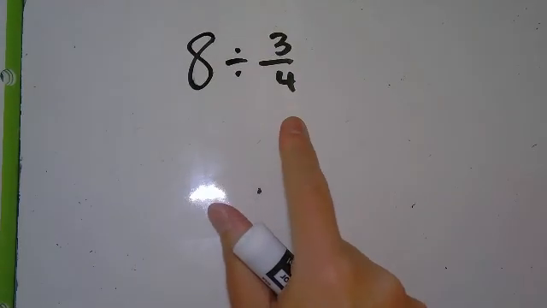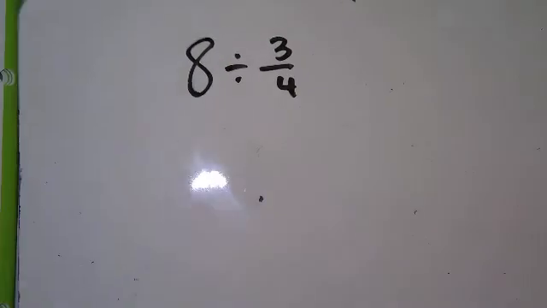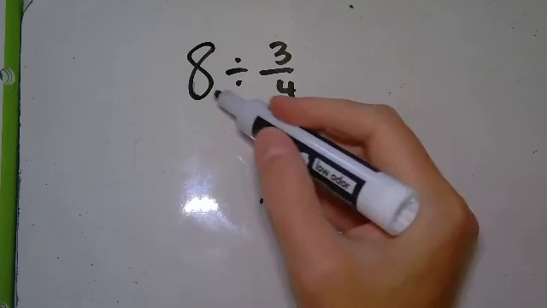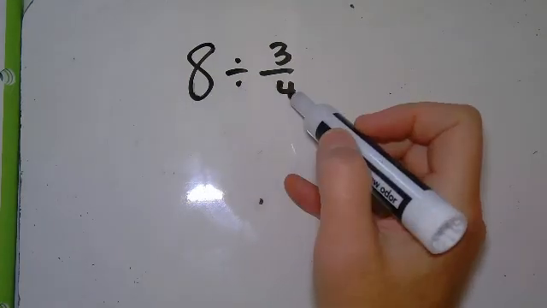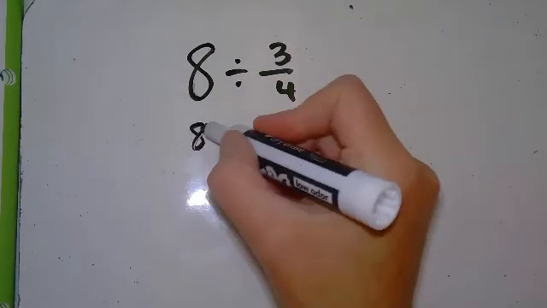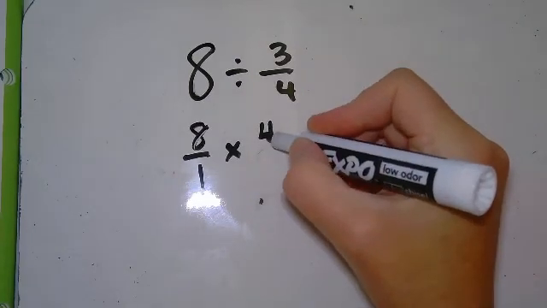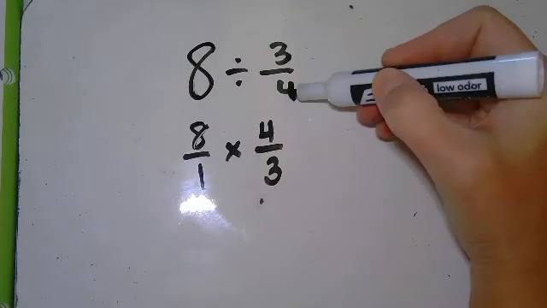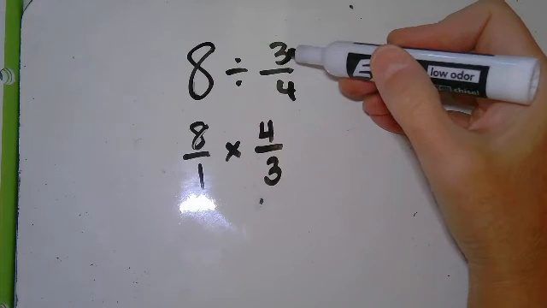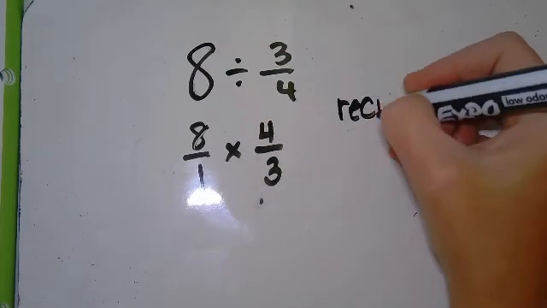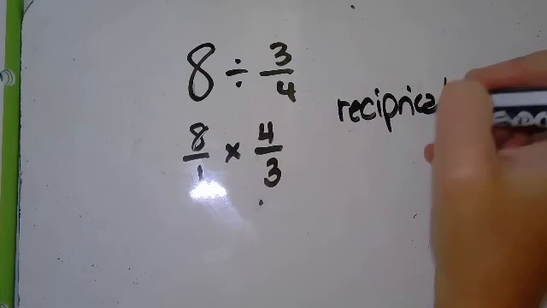Okay, this last one, 8 divided by 3/4. I want you to analyze the pattern in example 3, and I'm just going to go through the pattern in this video. So what they're showing is that when you have a whole number divided by a fraction, you are essentially multiplying by the denominator and then dividing by the numerator,